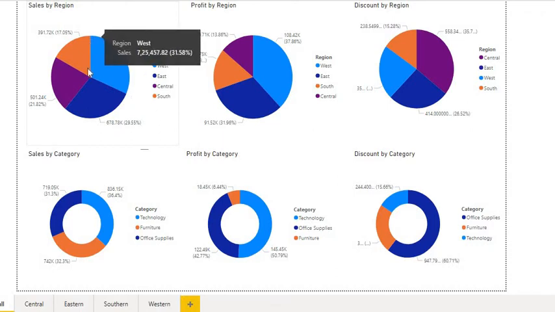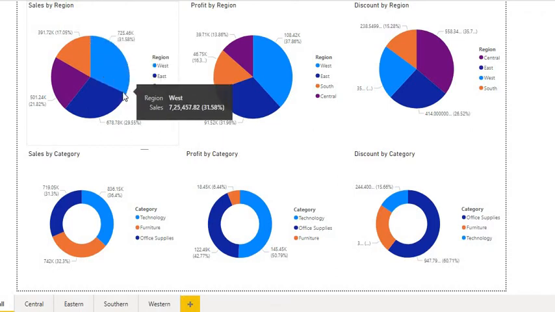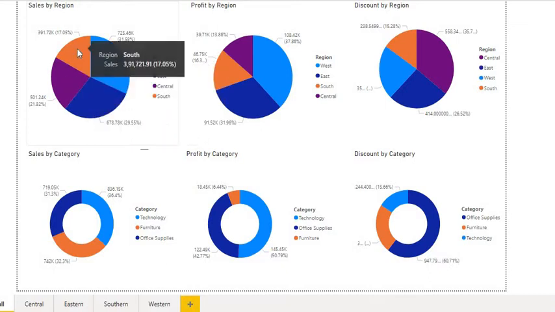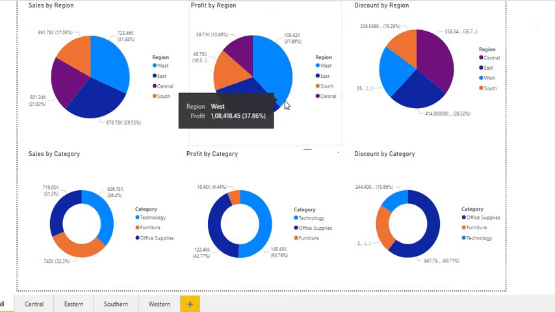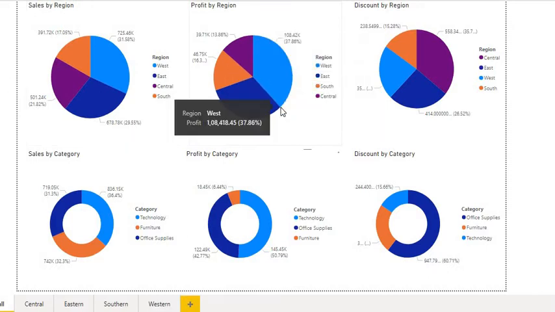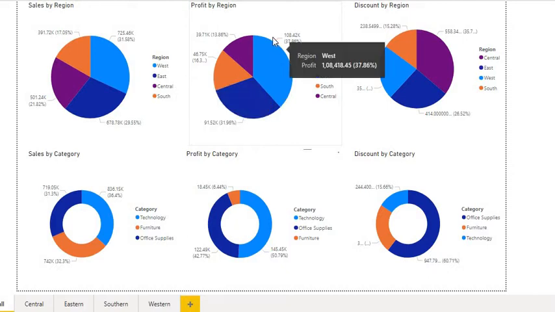So as you can see, most of the sales are occurring in Western region, followed by Eastern region, then Central, and finally South. When it comes to profit by region, you will see that most of the profit is coming from the Western region. This is an obvious situation, because as there is most of sales in Western region, there is most of profit coming from Western region. This is another indication as well that most of the cities or states are having profit. That's why most amount of profit is coming from the Western region.